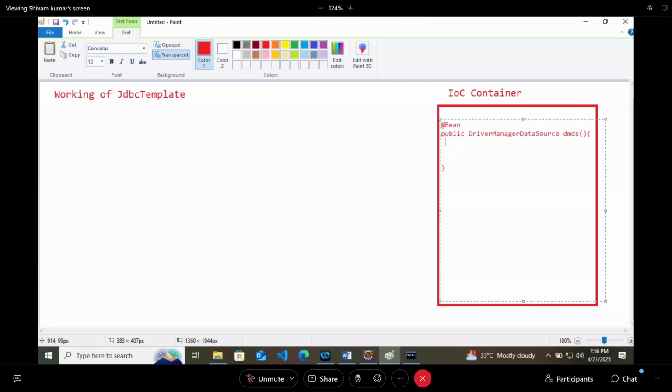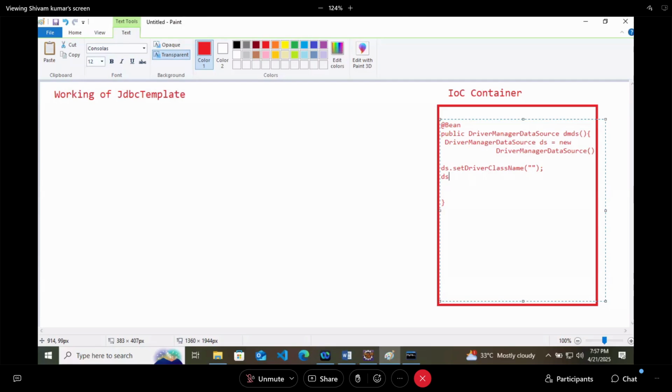Now, as we know, this particular class is used to create a connection with the database. ds dot, at first you can set driver class name, some string value you can provide here.